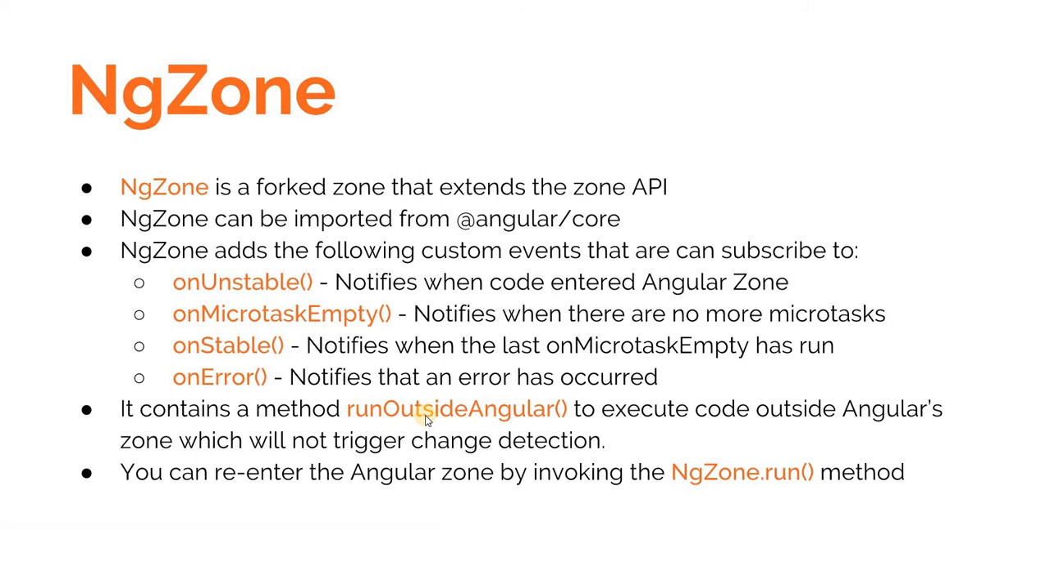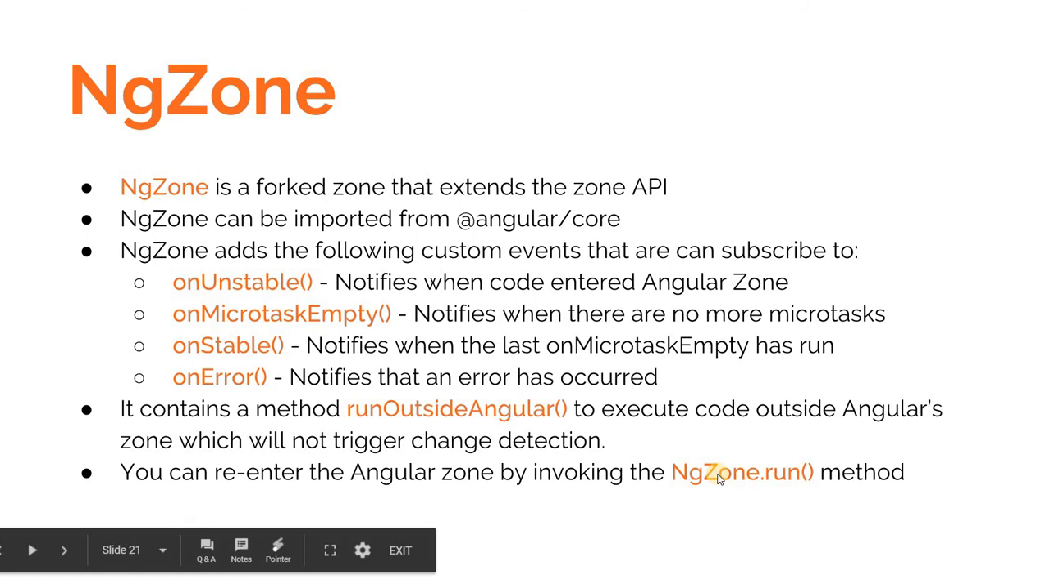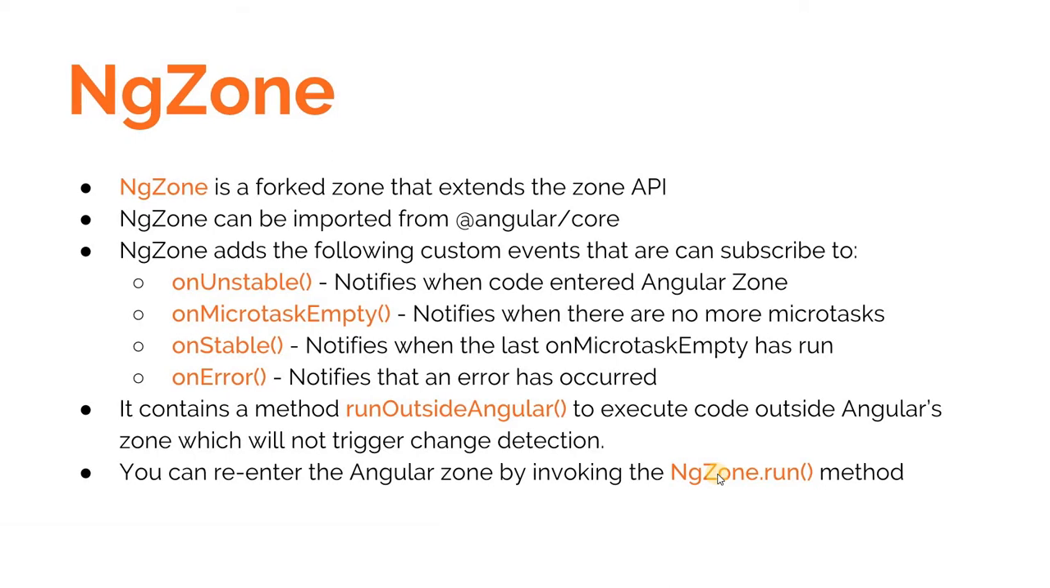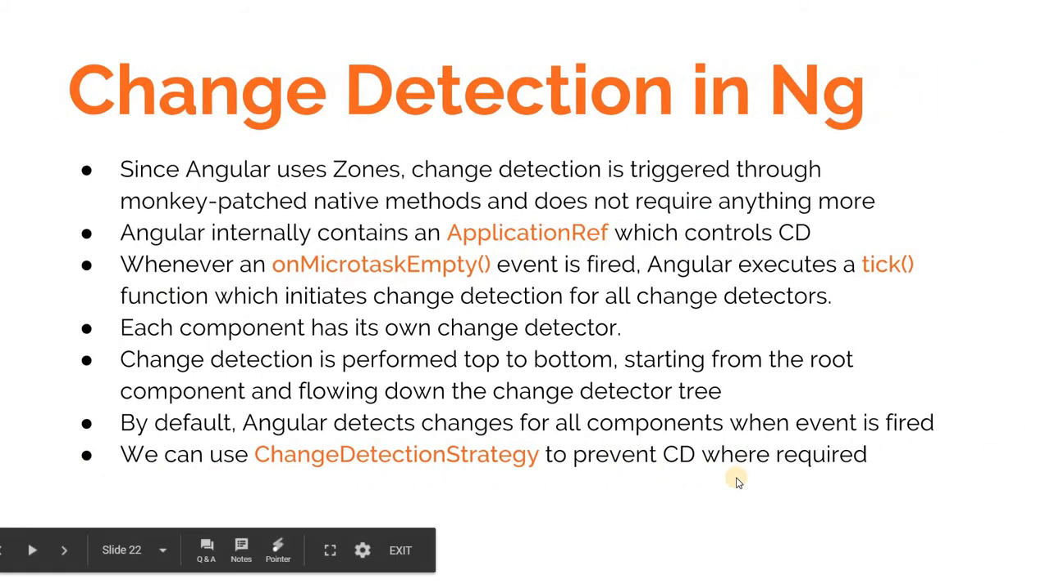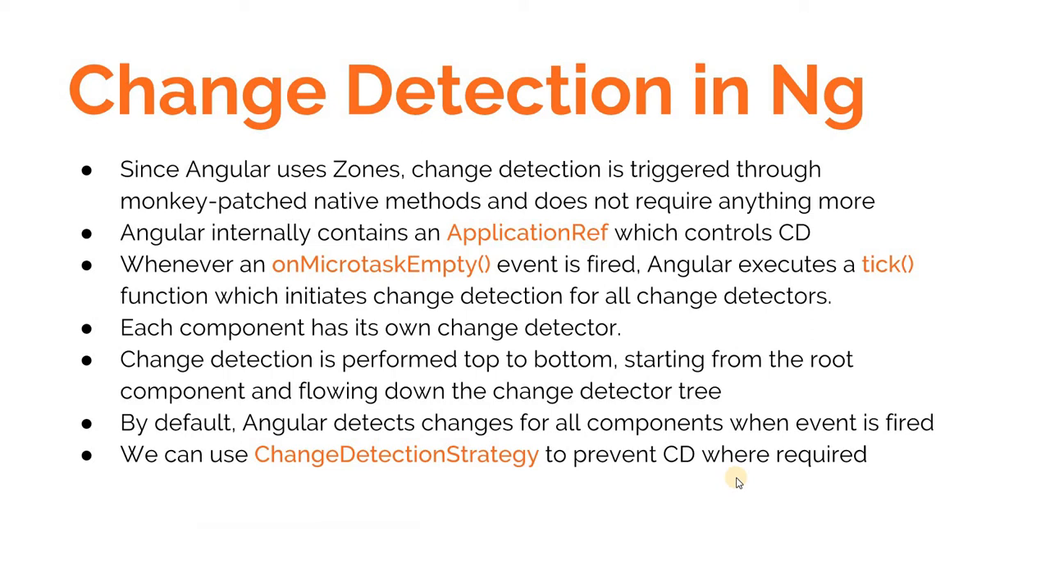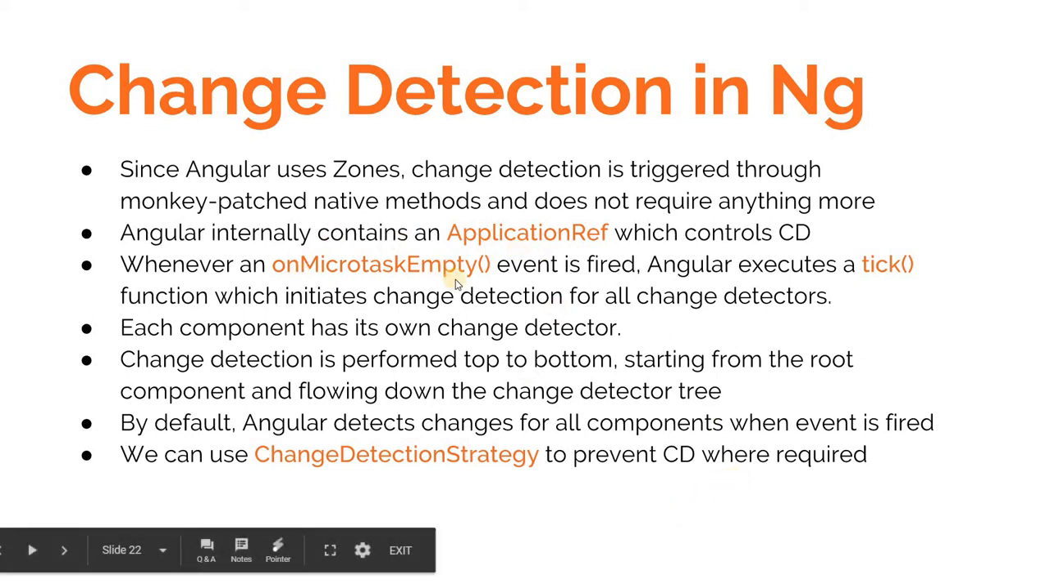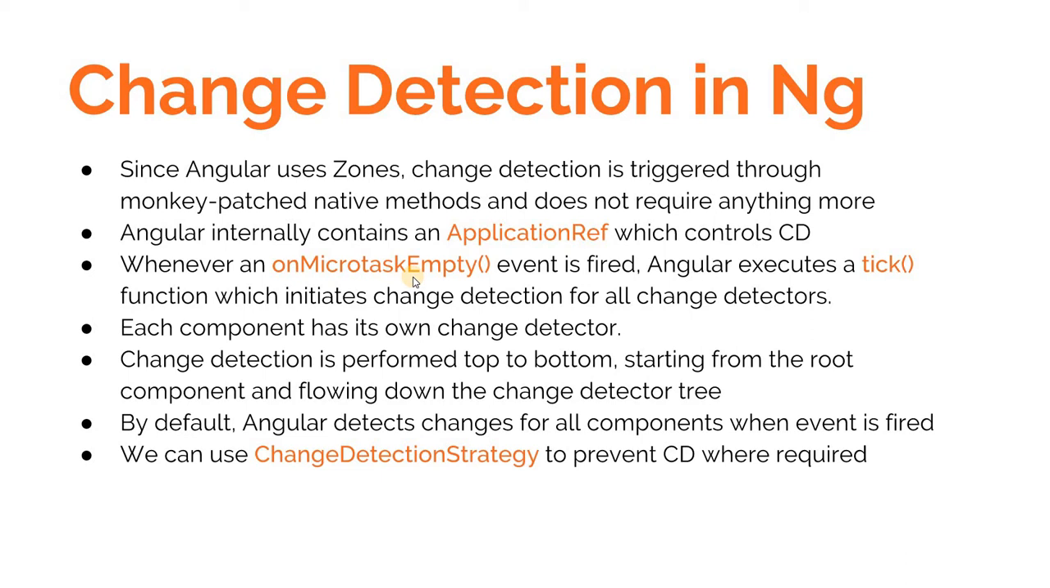Okay, and if you want to re-enter the Angular zone, then you can invoke it by invoking the ngZone.run method. Now here's how the whole thing works. Since Angular is running all the code that you have written inside its own zone, it will know whenever the onMicrotask event is fired. And whenever that is fired, Angular will execute a function named tick that will eventually start the change detection